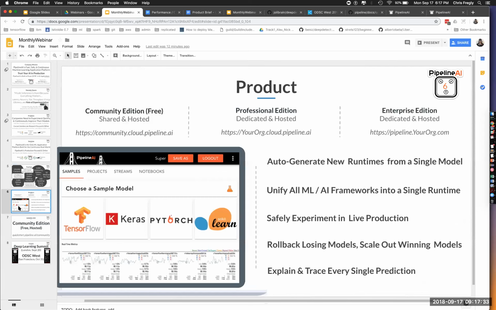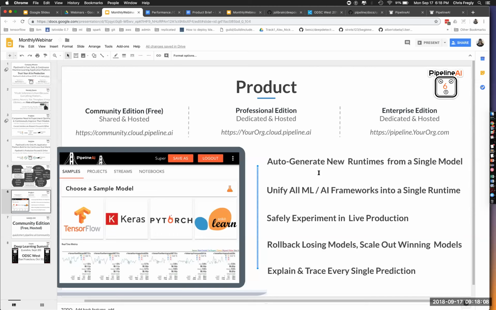Okay, and then in terms of the actual product, we offer the community edition. We just launched the European version, which really is pretty much the same as the community, with some extra GDPR stuff thrown in there that's living on separate servers and separate parts of Azure, Google and Amazon Cloud to keep the data in those regions. We have Professional Edition, which is the next step up, and then of course the Enterprise, which is a bit more high touch. And a few highlights here.